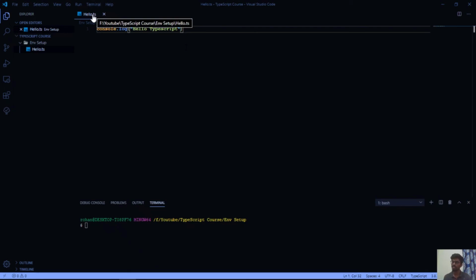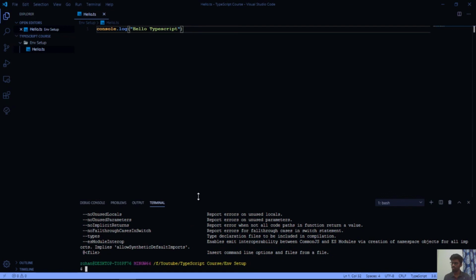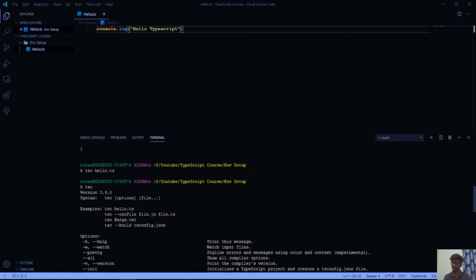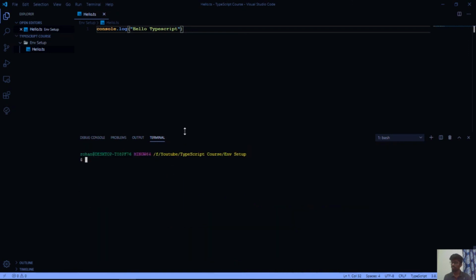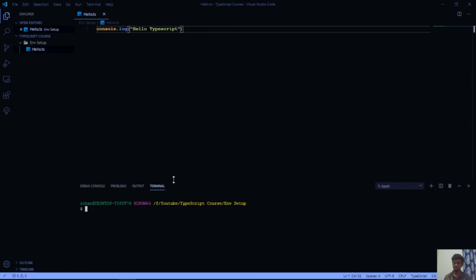As we have this ts extension file, we'll compile it with our TypeScript compiler. We have the TypeScript compiler as tsc. When you type tsc and hit enter, you will see various options that the TypeScript compiler provides. Let's go with the very simple, first and foremost command that the TypeScript compiler provides, that is tsc, and you pass the file name here. We have hello.ts, so we'll do tsc hello.ts and it will transpile the TypeScript file to JavaScript.